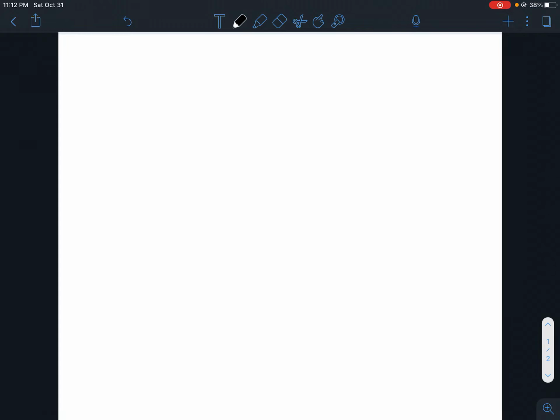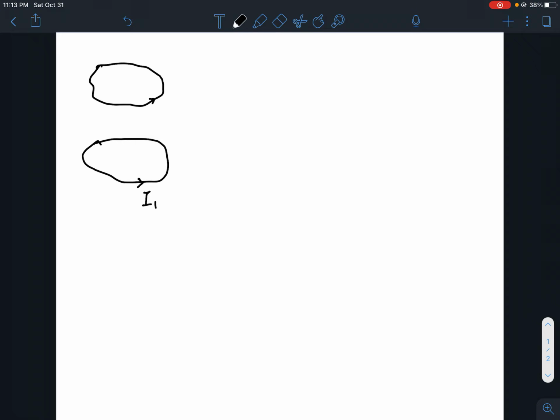So last lecture, I started to talk about mutual inductance between two wires. They are not connected together, and there is current on loop one. If the current is changing, we know that it will create a magnetic field, and the magnetic flux for loop two will change. Once the magnetic flux is changing, we know that there will be current flowing through